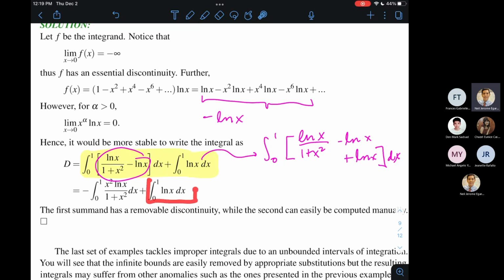But you can solve for this manually using integration by parts and improper integrals that you learned from Math 36. So it is suggested that this be evaluated by hand. It is not that difficult. And then evaluate this using your quadrature formulas. Okay? Kasi removable na lang yung discontinuity sa x equals 0 dito. Okay? So yeah,